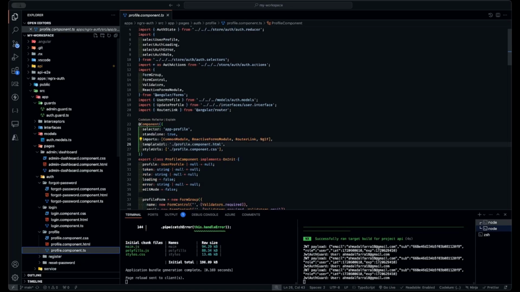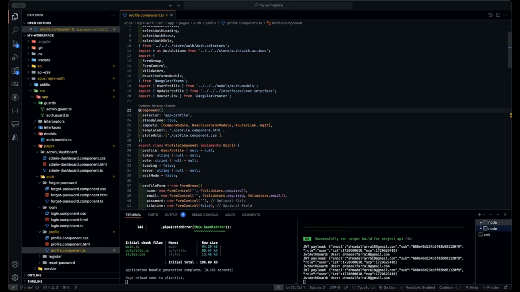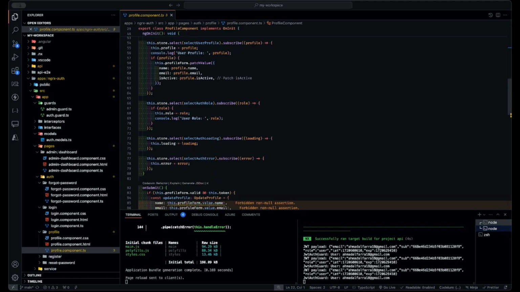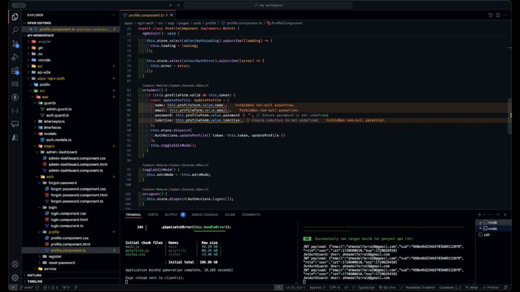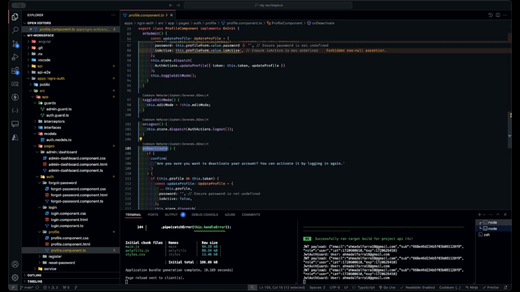Then we have the profile component. This component displays and allows editing of the user's profile. It interacts with the ngrx store to load and update the profile data. It also has the functionality to deactivate the current user's account. I have defined some functions here, like the toggle edit mode, so the view will be in either edit mode or view mode. The logout and deactivate,